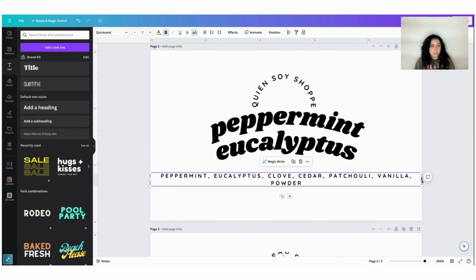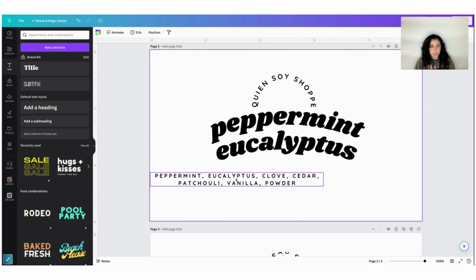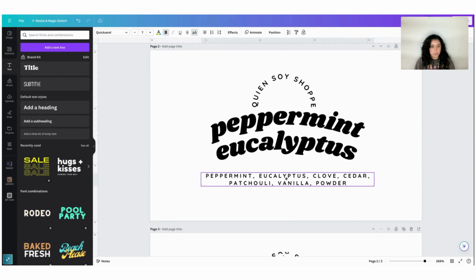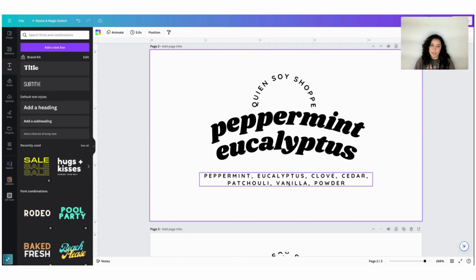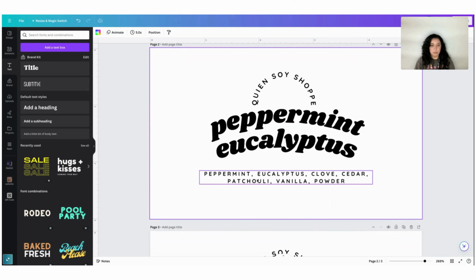So I reduced it down to 7, and now we're going to crunch this in. That way it brings it to 2 lines, and then we're going to center. And I like the way it looks. I think this, when it prints, it'll be legible. You don't want to make it too small. And then the next thing we'll do